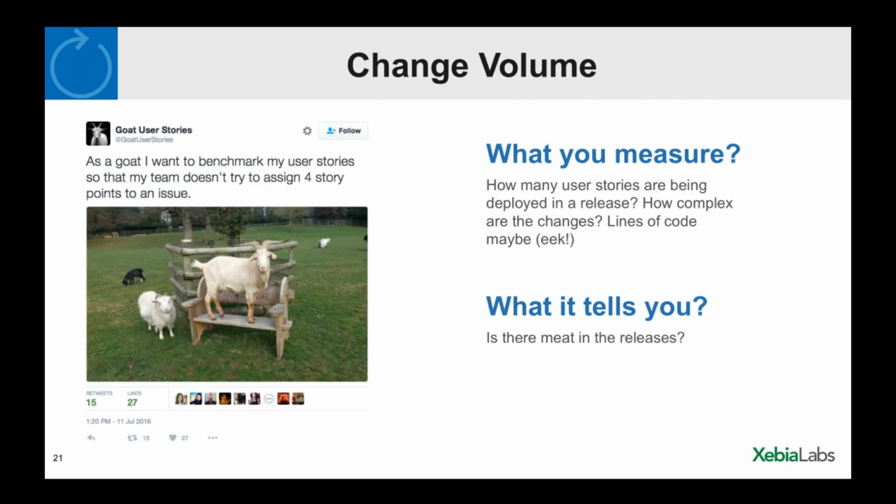So thinking about the volume of change in terms of complexity and the expression of that in your user stories might be better. But if in your organization you're looking at legacy products, for example, and you're saying, look, we have lots of changes to make in our existing code base, lines of code or modified lines of code might be a really meaningful metric for you, as long as you're tying it back to the time it takes to get that change into production and the frequency with which you can do it.